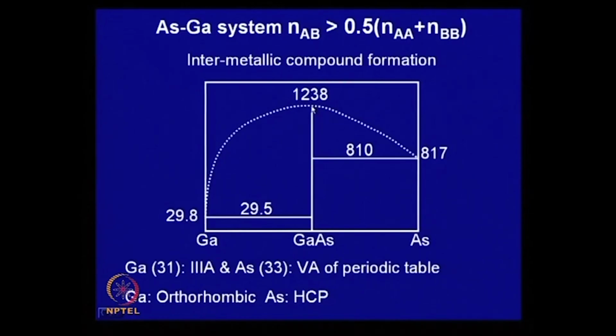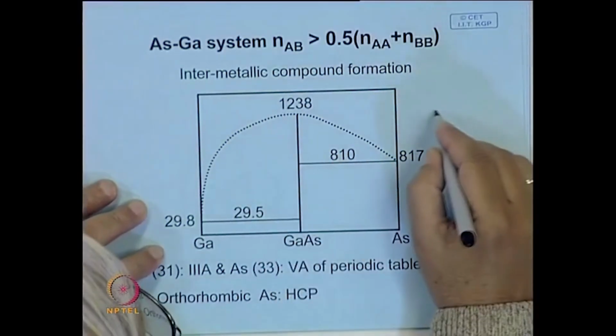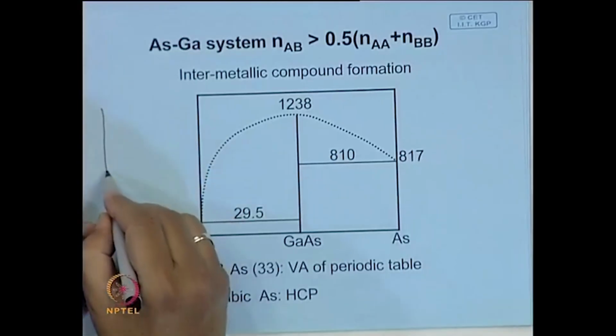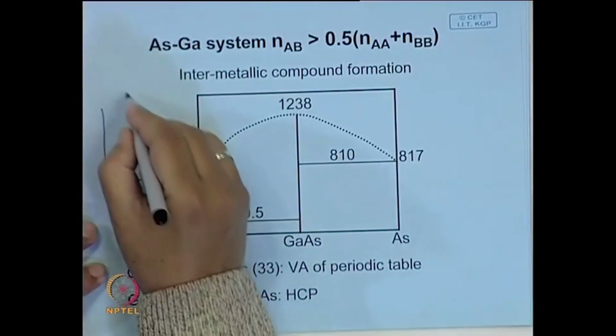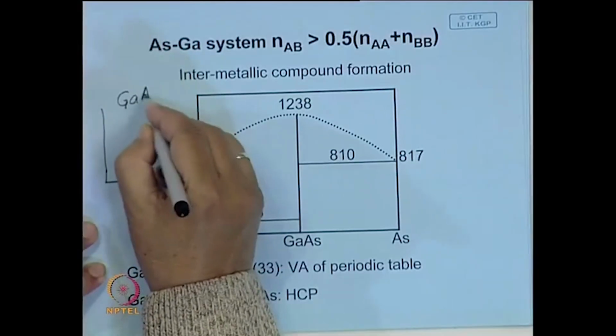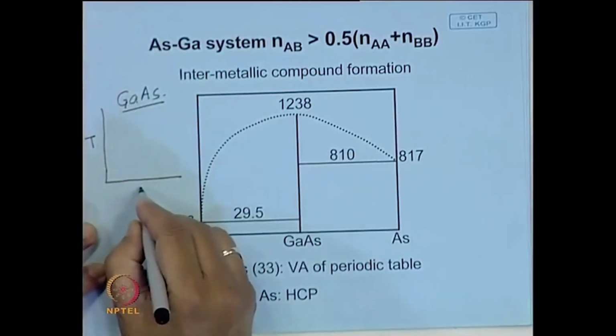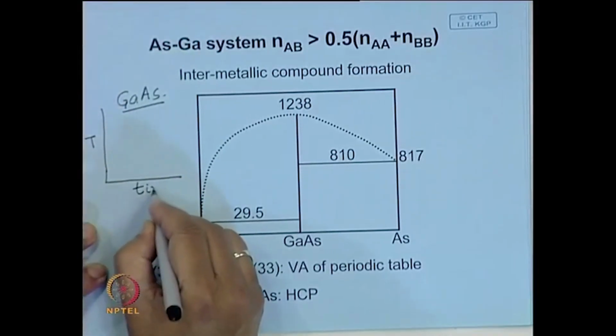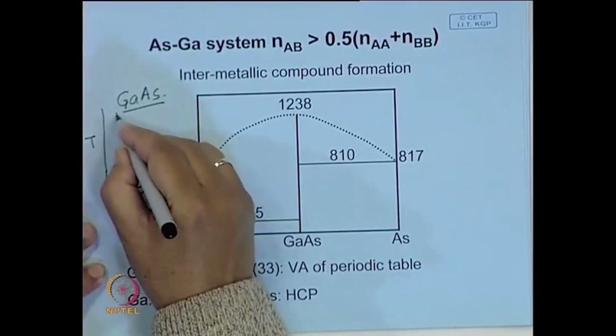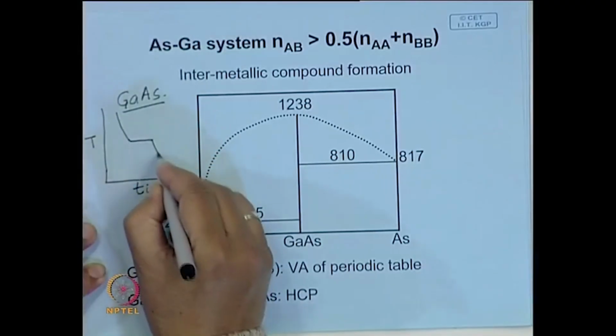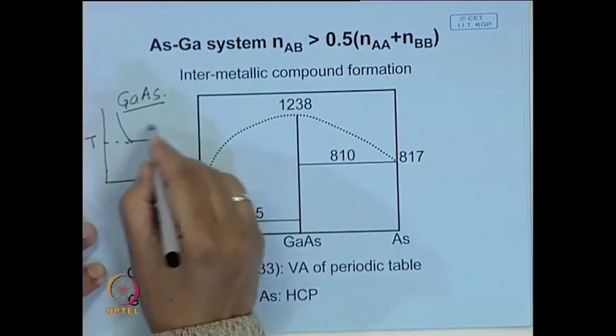If you plot its cooling curve or solidification curve, the freezing curve will be exactly the same as that of a pure metal. Gallium arsenide is a compound, not a pure metal, and if you plot its cooling curve with time, it will follow this kind of shape. So, this temperature is